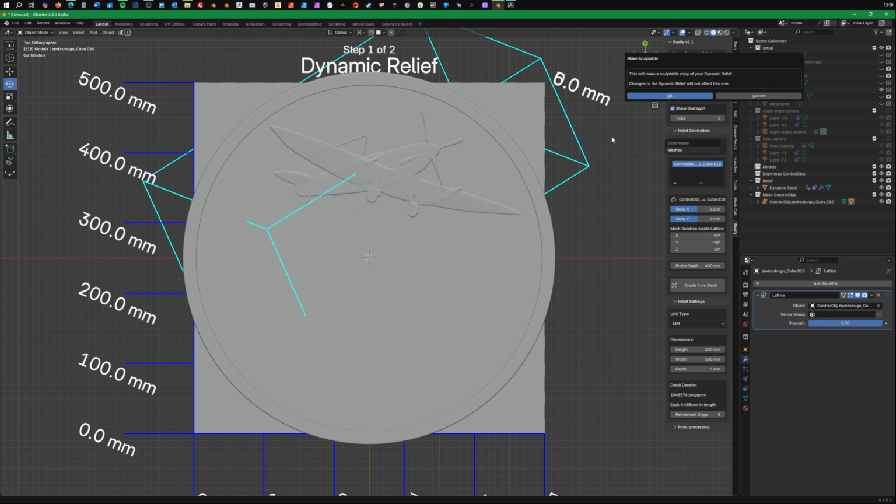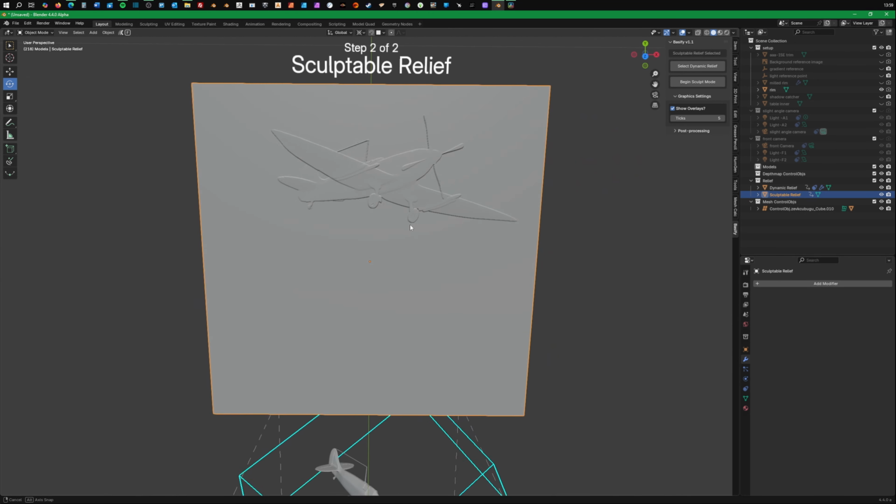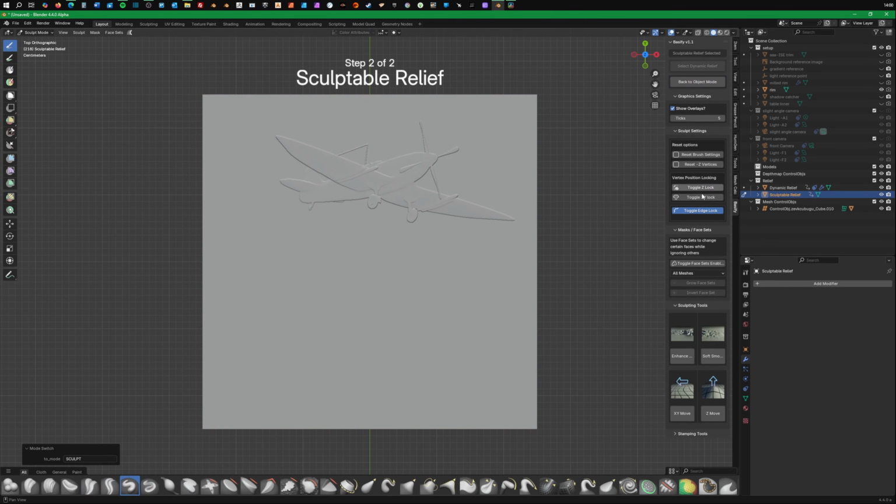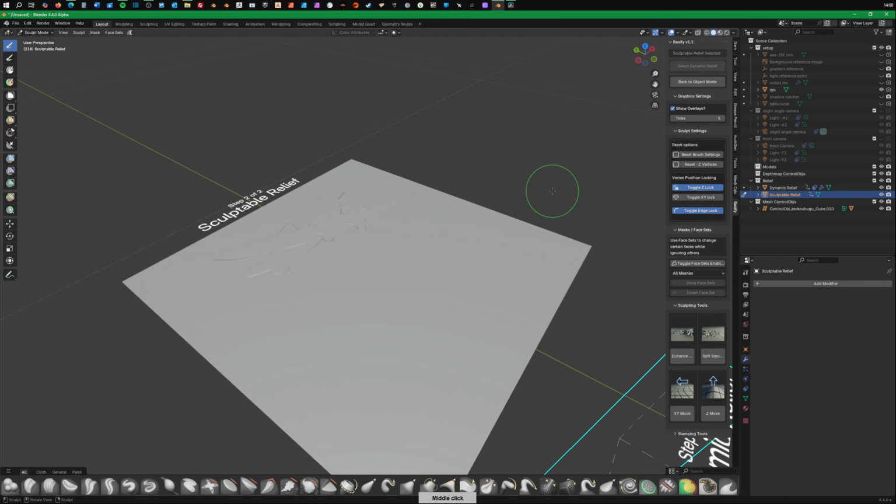Once we've got our models in place, we can then jump to a sculptable version of the relief, which has various sculpting tools within it. So we've got quite a nice little grab and move brush, which allows us to tweak the lines. Not that I want to tweak the lines on the wings of an aircraft because they're pretty straight, but you get the idea.